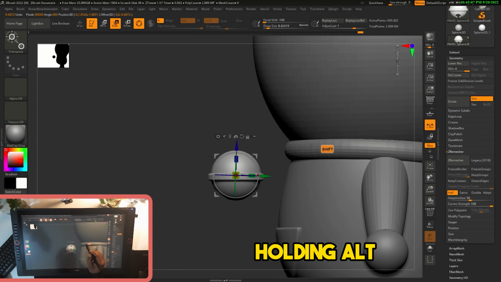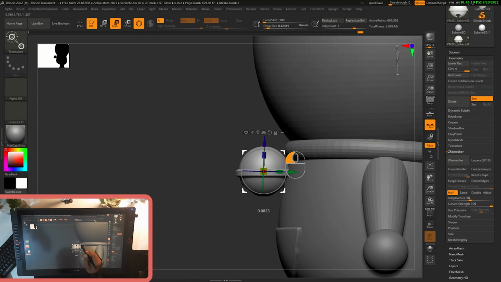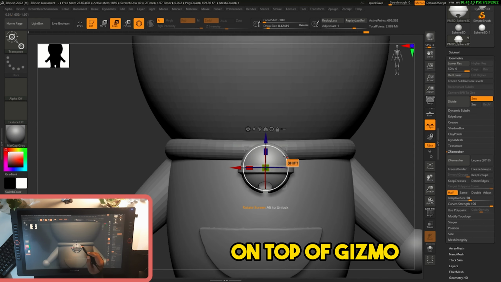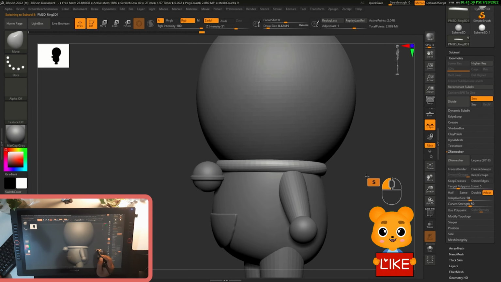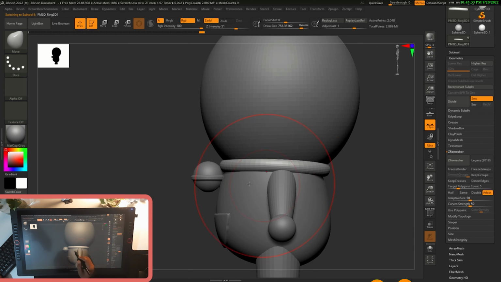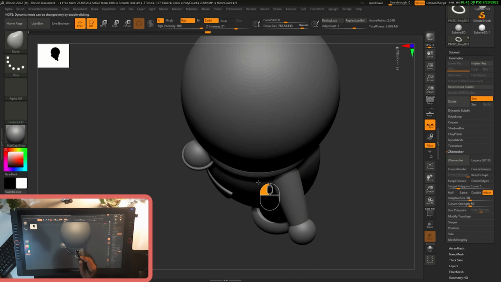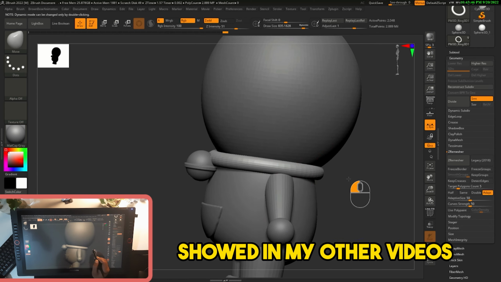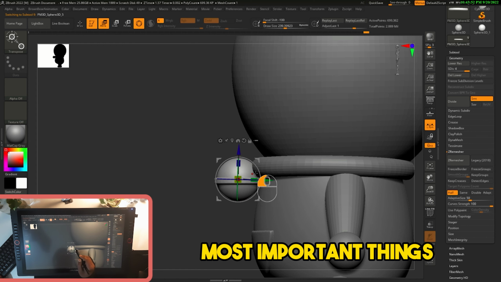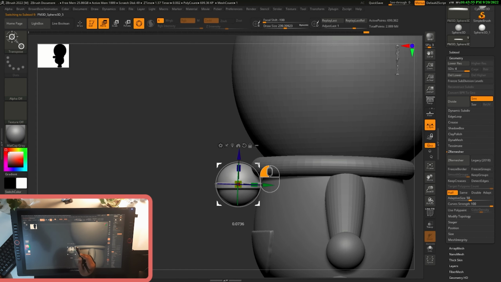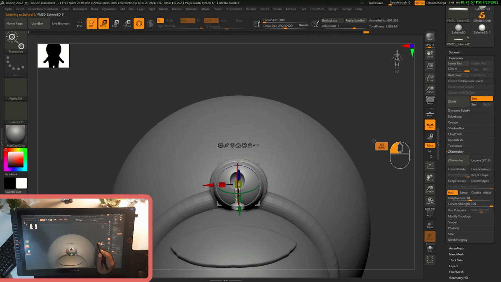nice. We can edit the gizmo by holding Alt, and if you hold Alt, you can see that on top of the gizmo there's a small lock icon. That lock icon will get open, and then after that you can just edit the gizmo. And you can directly select a subtool without going into the subtool menu. By holding Alt, you can just directly select that subtool by clicking on it. These are some basic stuff which I have already shown in my other videos, but for beginner artists, these are the most important things to get the hang of